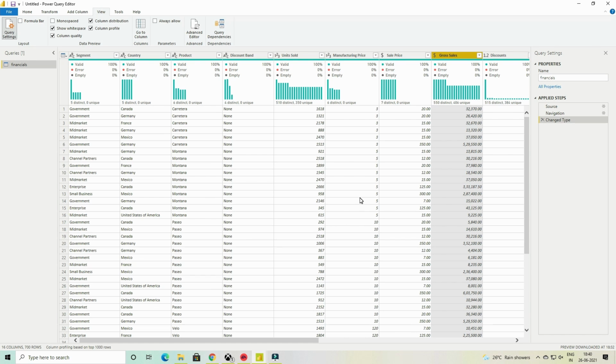Because if you're loading a data set with a million rows, a million observations, then imagine the kind of impact these values could have on the overall memory or performance if we have two values after the decimal. So that's why a lot of times you will see that Power BI will simply automatically assign some whole number or some other data type to currencies, to money, and you will have to go back and change it to fixed decimal number, because if you don't do that, your report will be inaccurate. Okay, so three things for now: data hygiene, format of your data, and data review for performance while loading, whether we need all these variables or not.